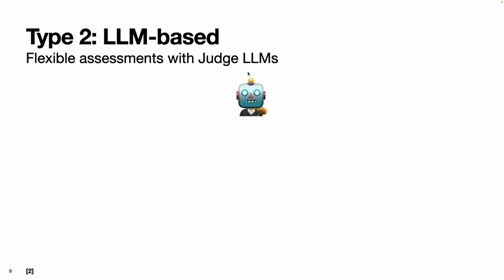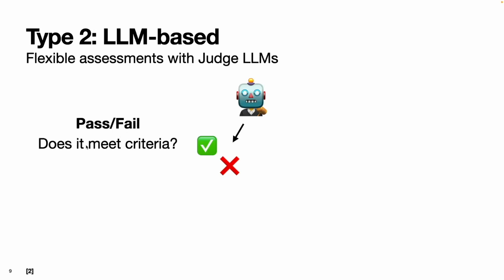So the great thing about using an LLM as a judge is that, one, it can give you a pass-fail metric or evaluation. So you can have like pass-fail, does the model's output meet some criteria that you define? Another version of this is A or B. So rather than having this global assessment of is the output good in this global sense, you can also have it evaluate outputs in a relative sense, basically taking an output and then the previous output and asking the LLM judge to assess whether it improved.